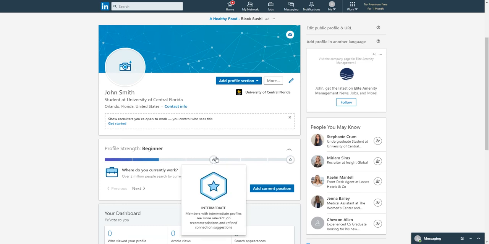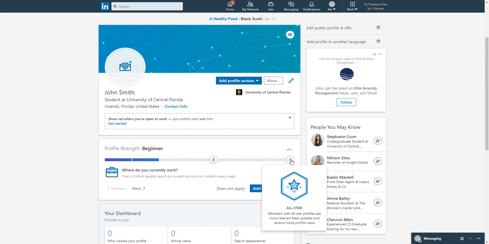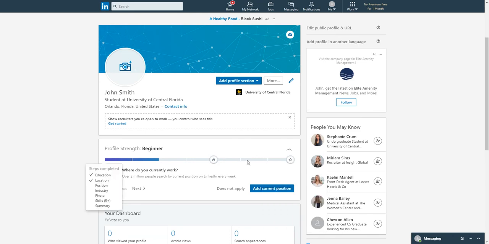Essentially, once you get to a certain point, I'm thinking around All-Star, your profile gets opened up to more opportunities. You can connect with more people and you can see more user profiles. So I highly recommend, if you're new to LinkedIn and haven't done this already, fill this up as fast as possible. It shows you right here what you need to do to complete it. And generally this can go in order. I'm going to discuss each little section one by one, and what you should really put in those sections. So before we get started,